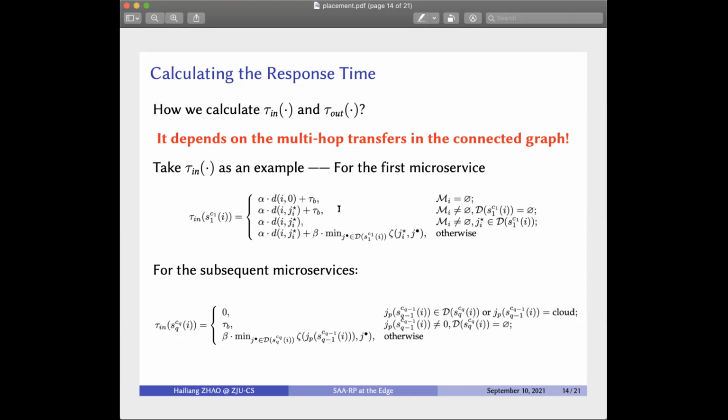The second case is that the nearest SBS for the mobile device has not placed the requested microservice. In this case, the request still has to be processed by cloud. That's the second case. In both these two cases, the request is processed by cloud. The third case is the request